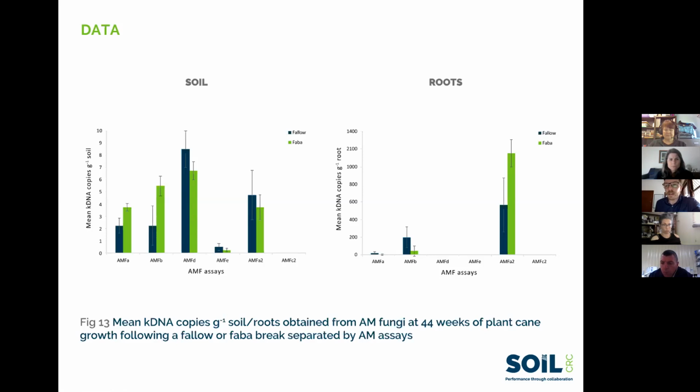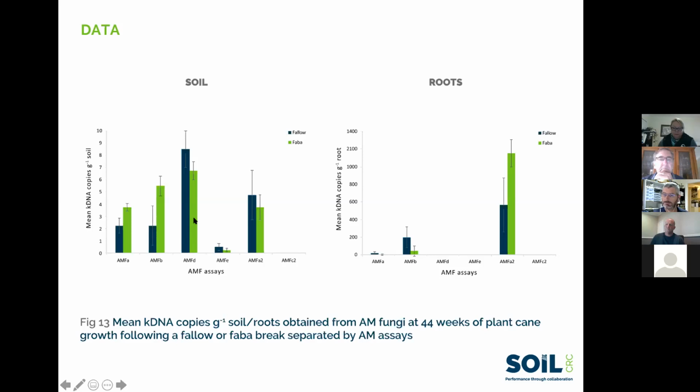It's quiescent, which means it's sleeping for an indeterminate amount of time, or it could be relic DNA, meaning that it's been detected, but it's not associated with a living organism. However, the DNA has not degraded to the point where it has evaded detection. So this is a key finding of my work, is that there's no telling from soil tests of mycorrhizal fungi